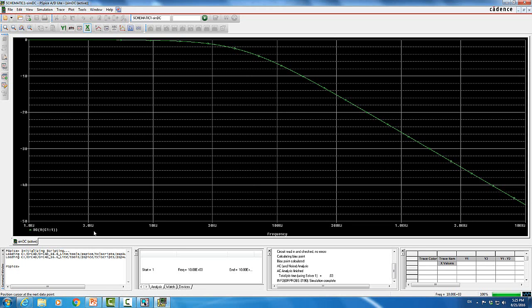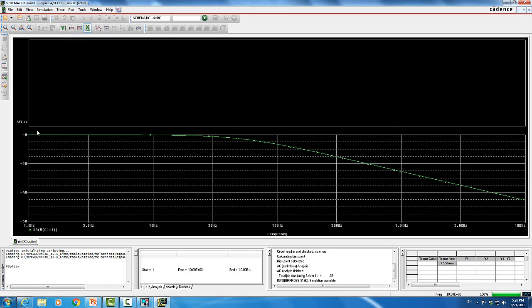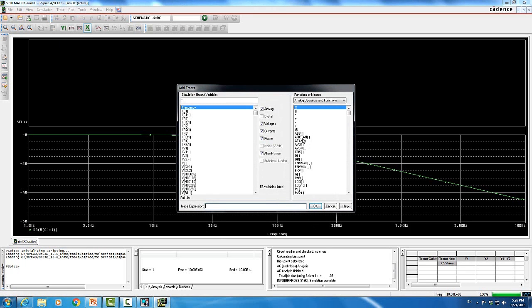So you can also add a plot if you want. So we're gonna go to plot, and we're gonna add plot to window. So now we're gonna have 2 plots. I'm gonna come here and I will say select, and now I'm gonna add the phase. So this is the gain in dB. We're gonna add the phase. So I'm gonna now say trace, add trace, and we're gonna do the phase, and the phase has the symbol P. So this is the phase,